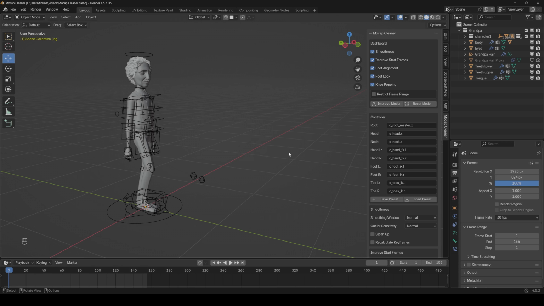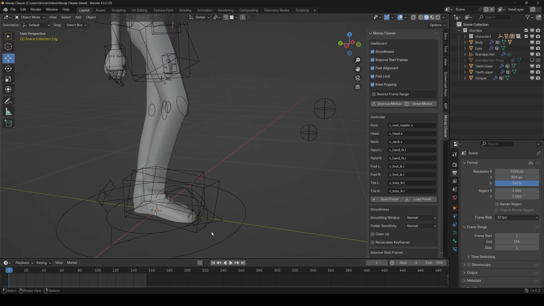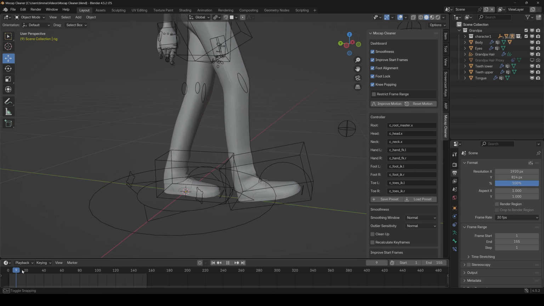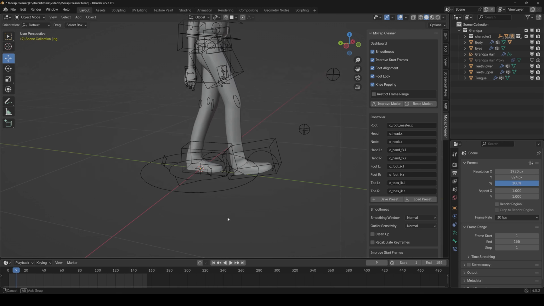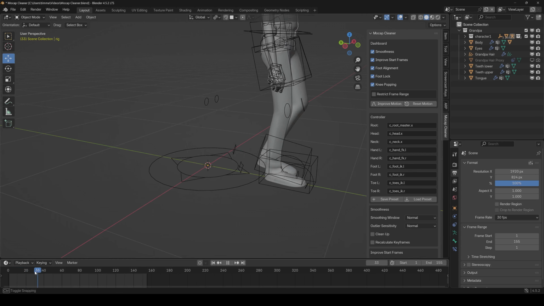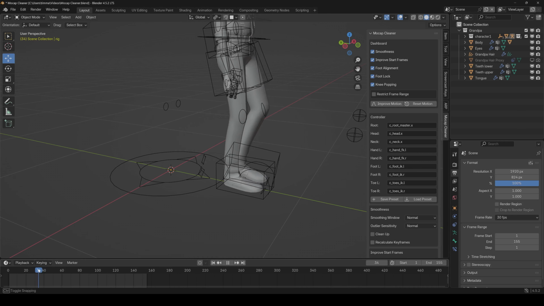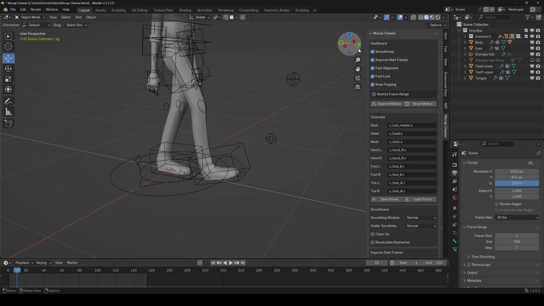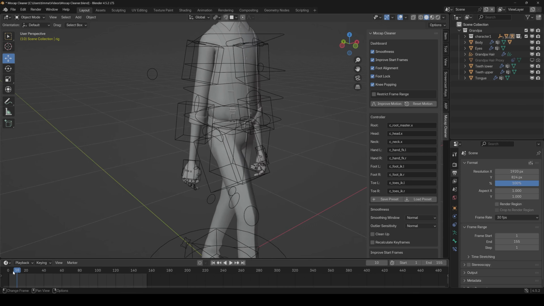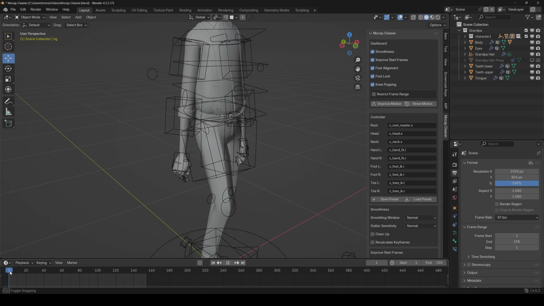So it's done. Depending on the complexity of the animation and how long it is, it could take up to several minutes, but in most cases it will take about 30 seconds, I would say. And then if we take a closer look, then we can see that the foot alignment is correct now and also the toe alignment. And it's also fixed on the ground if the foot is standing. Perfect. And also the hand is corrected at the beginning.